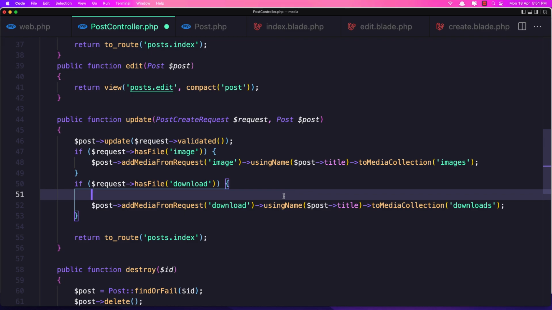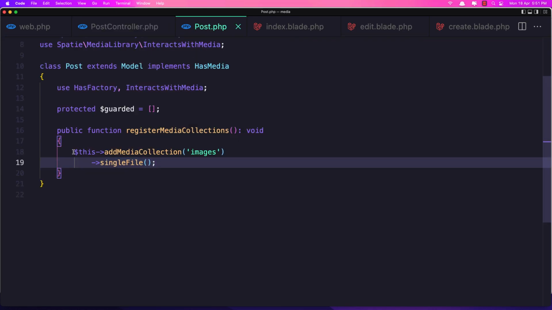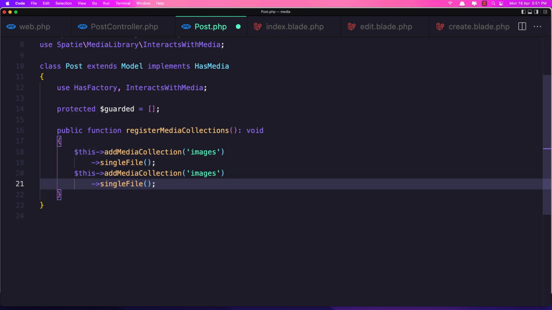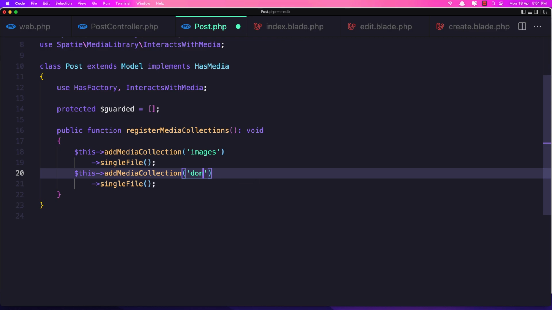Remove this one, hit save, go to the post, and we need to do the same thing. Just copy this and paste it here. We can register as many as we want. Let's say here downloads, save it,